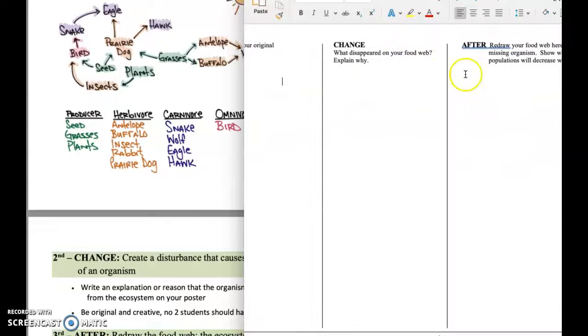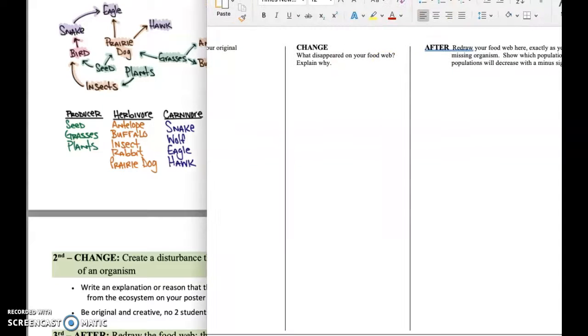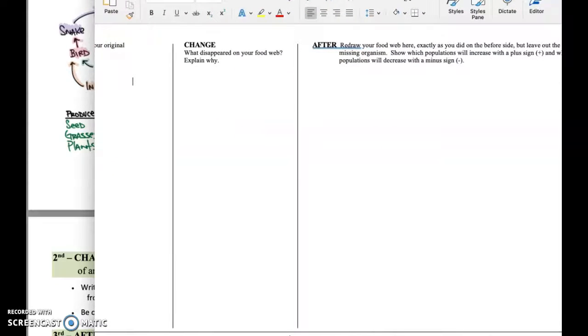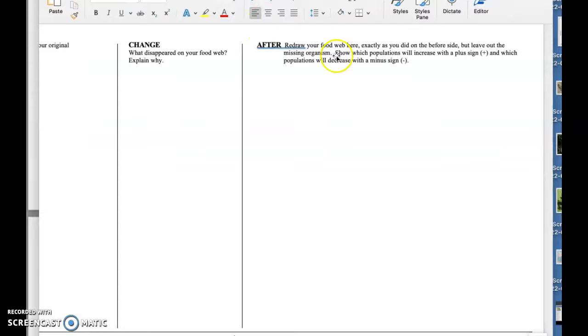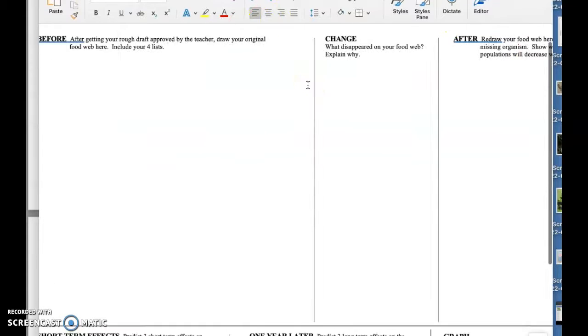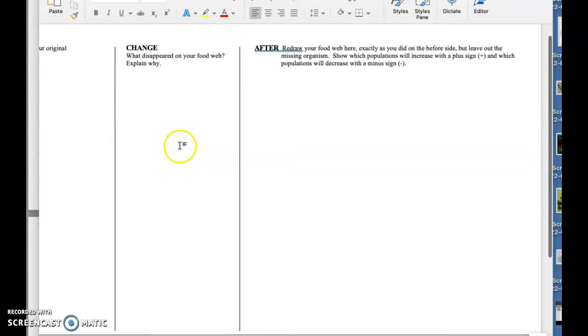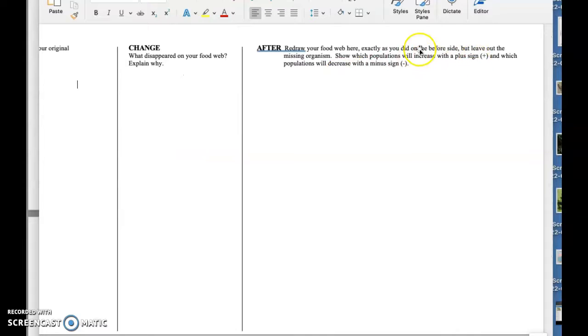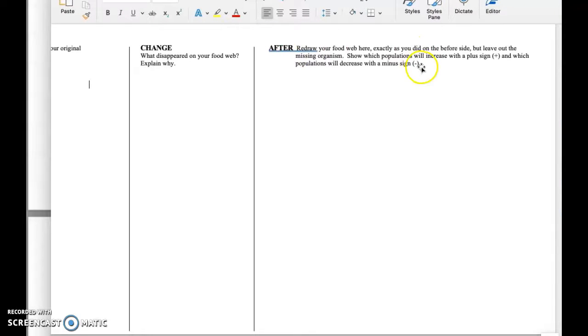Once you're done with that, you're going to redraw your poster, or redraw the food web rather, exactly as you did before. So literally what you have over here, copy it exactly, except leave out the organism that is now missing. And once you have that, then you can go ahead and add the pluses and minuses like we were doing